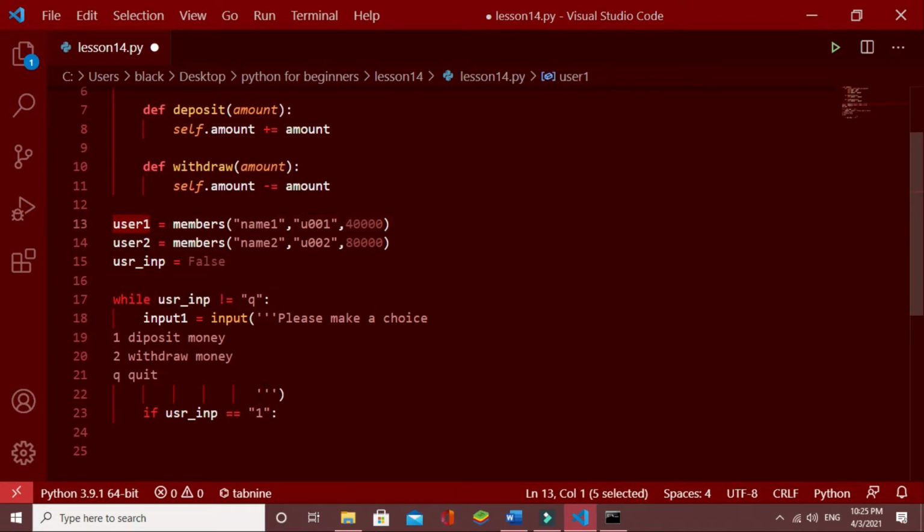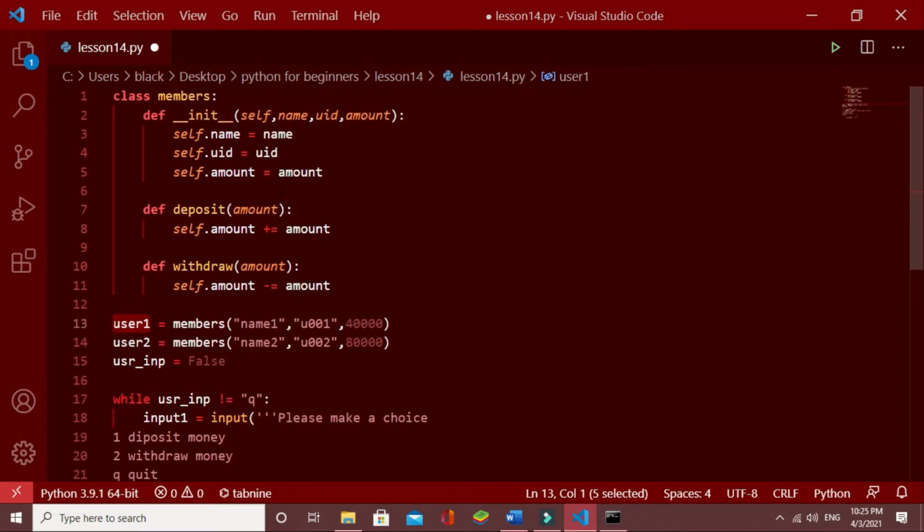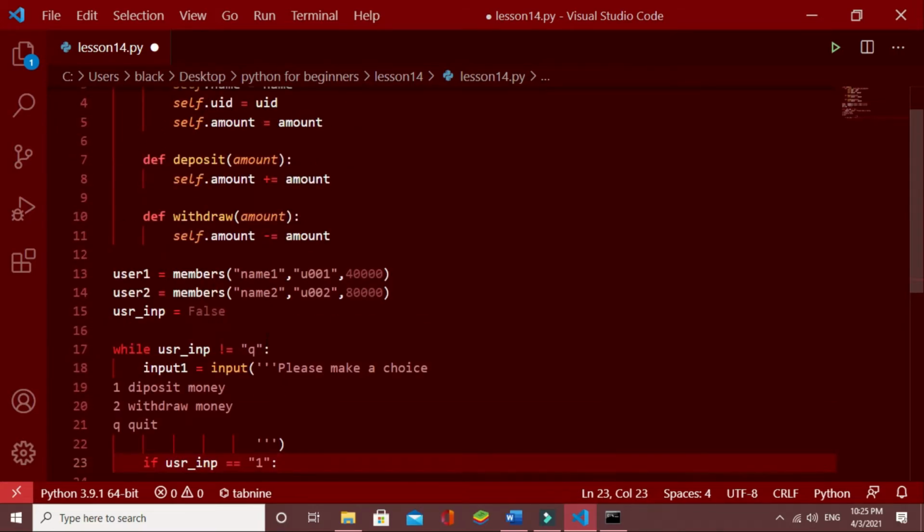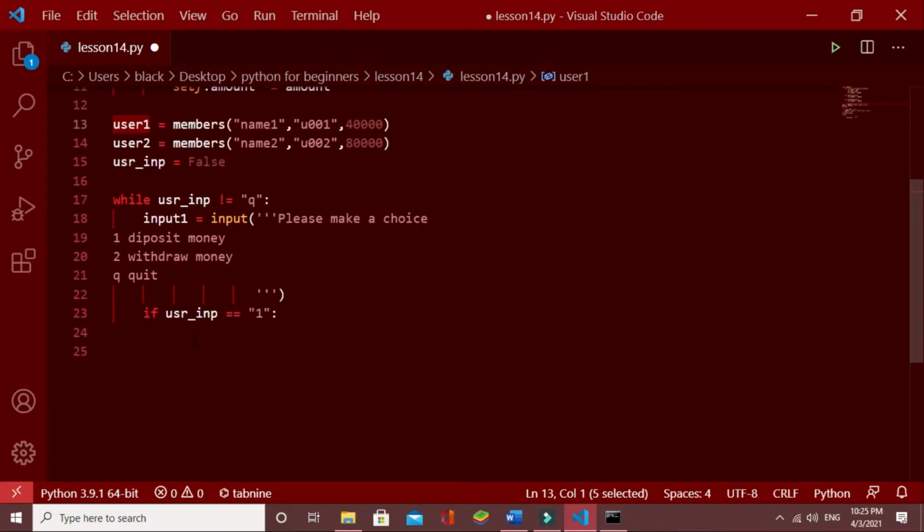So I'm doing these functions for user 1, actually these methods. Using this user 1, I'll do these methods, which means when we deposit money, we are considering this user 1, not this user 2.